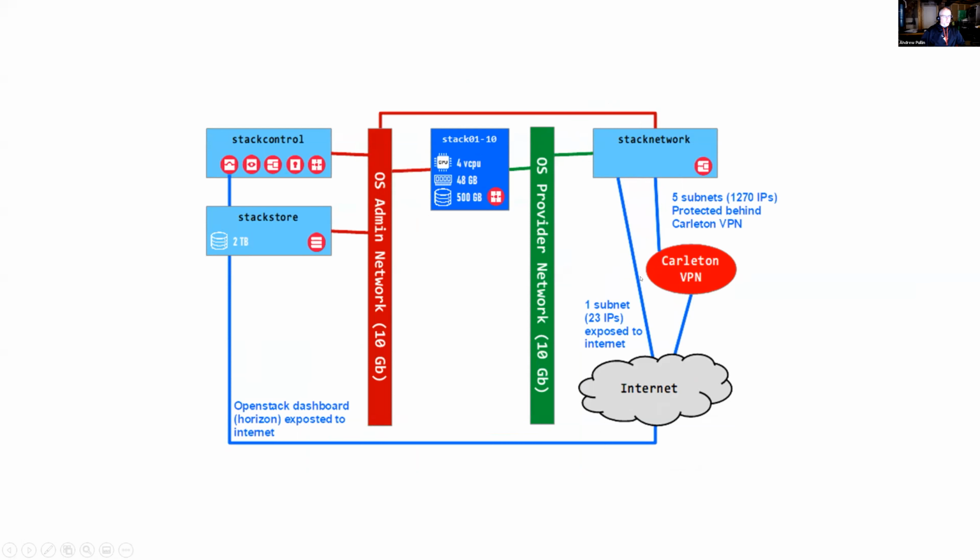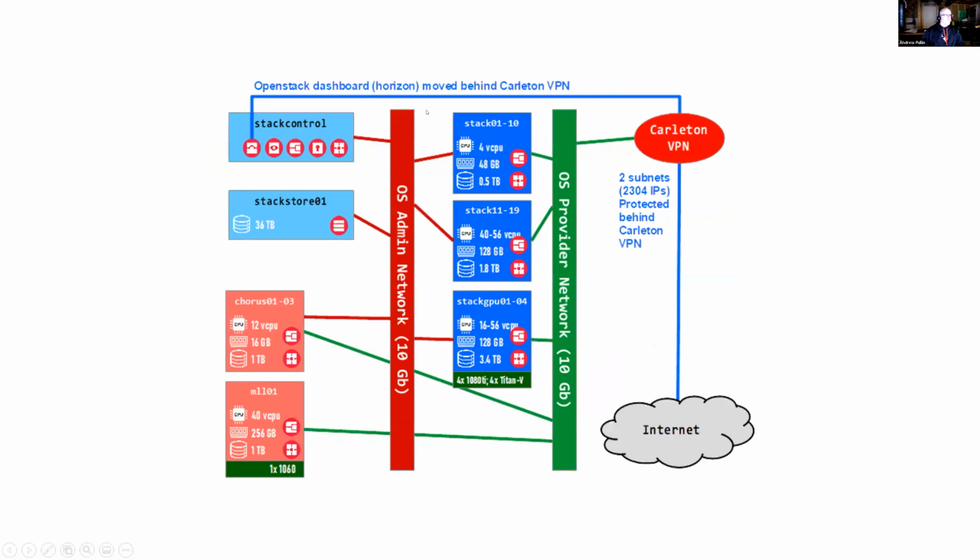With the new Neutron networking, that made things a little, I guess, safer, if you will, because now all the compute nodes would connect directly to what we call the provider network. So that's the network that you get your floating IP addresses on. So whenever you assign a floating IP address, you get on that provider network. So now, even if something happens to the controller, in theory,